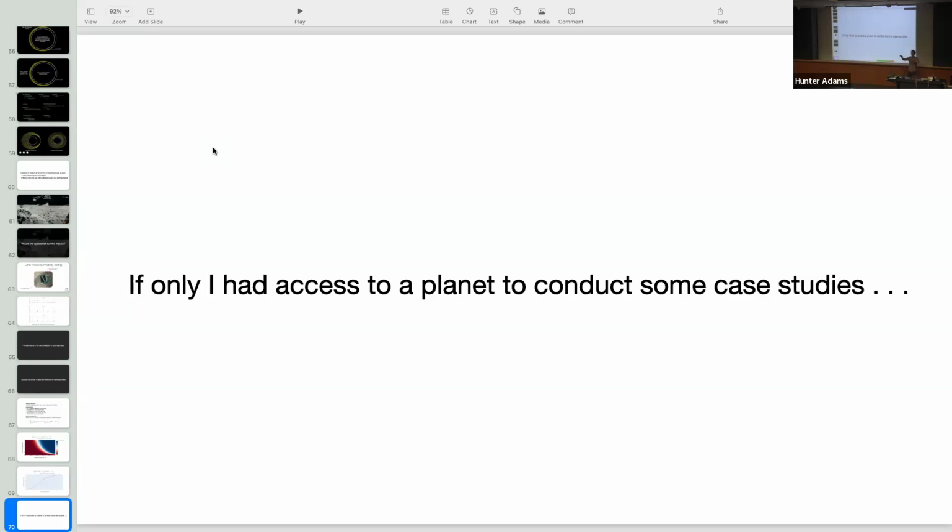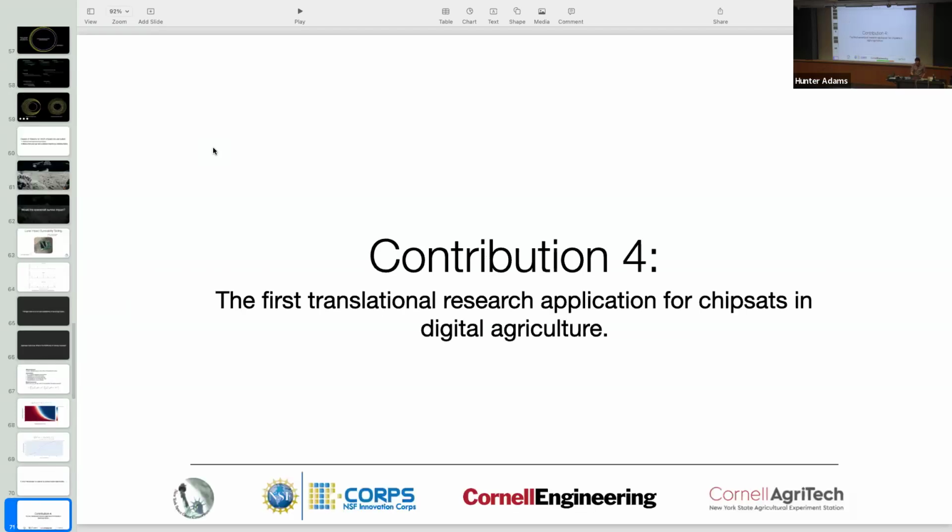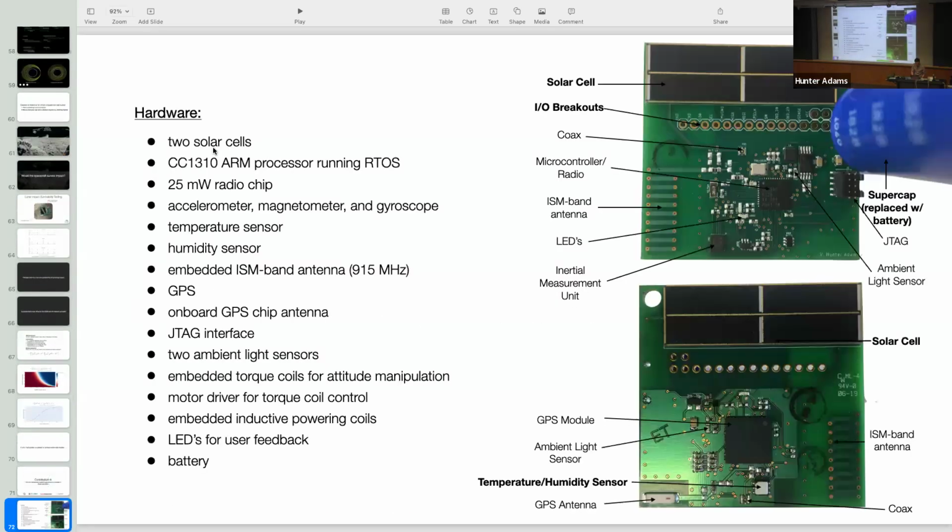If I'm going to be deploying these things somewhere on Earth, maybe I can find a place where the information isn't just useful to me to make my claims, but might also be useful to other folks. And so I ended up arriving at digital agriculture. I made a slightly different version of these Monarchs, one that includes, for instance, a battery, because we're on Earth and I don't have to survive the temperature fluctuations up in space, and that has the addition of a temperature and humidity sensor.